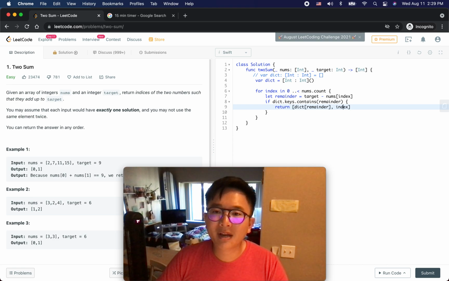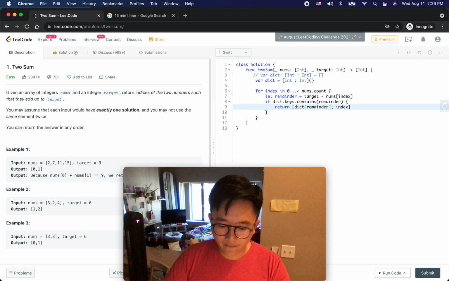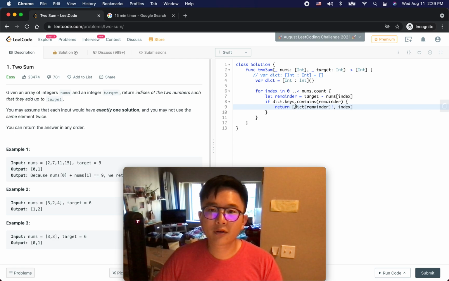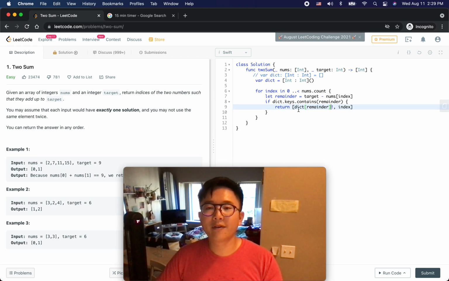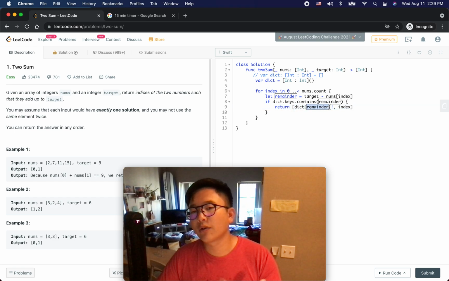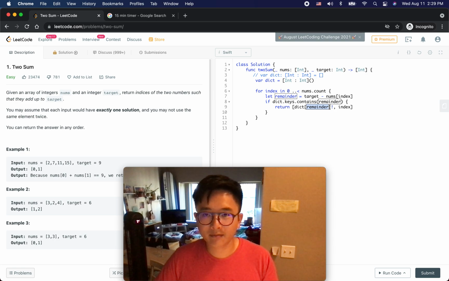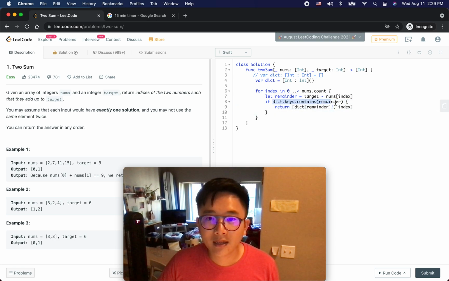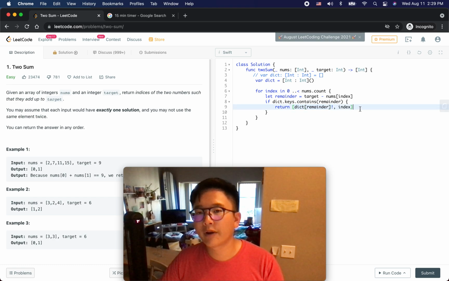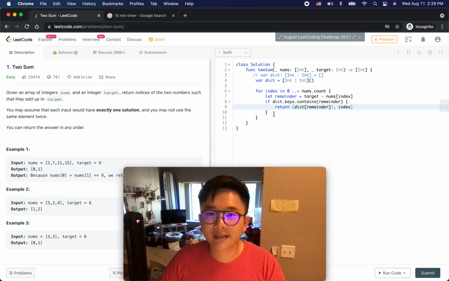Keep in mind that we need to add force unwrapping here, because Swift doesn't know if remainder is a valid key or not. I mean, we know in this case. That's why we are force unwrapping it, because we know for sure that the dictionary contains this key, but Swift doesn't know, so we have to force unwrap it, or else it will complain. So we return this, else